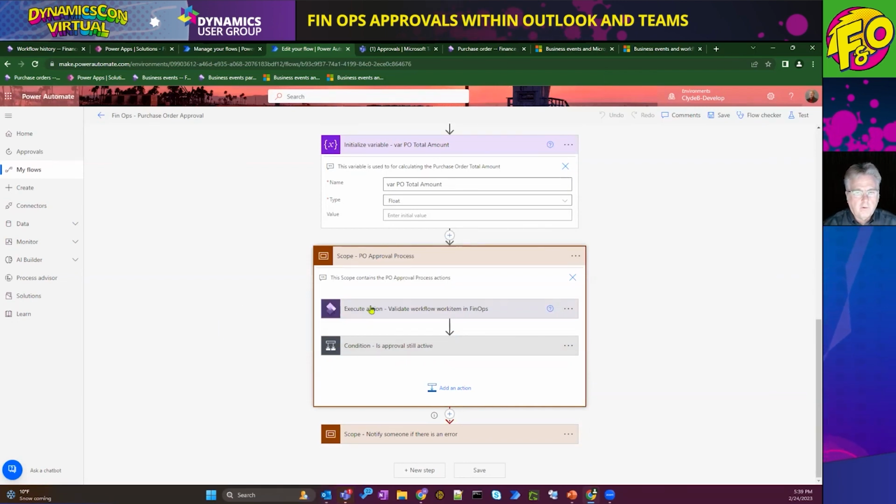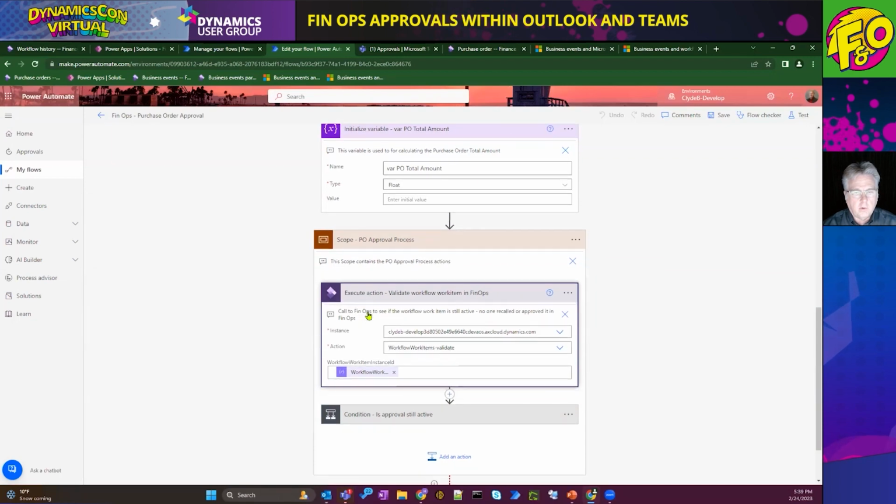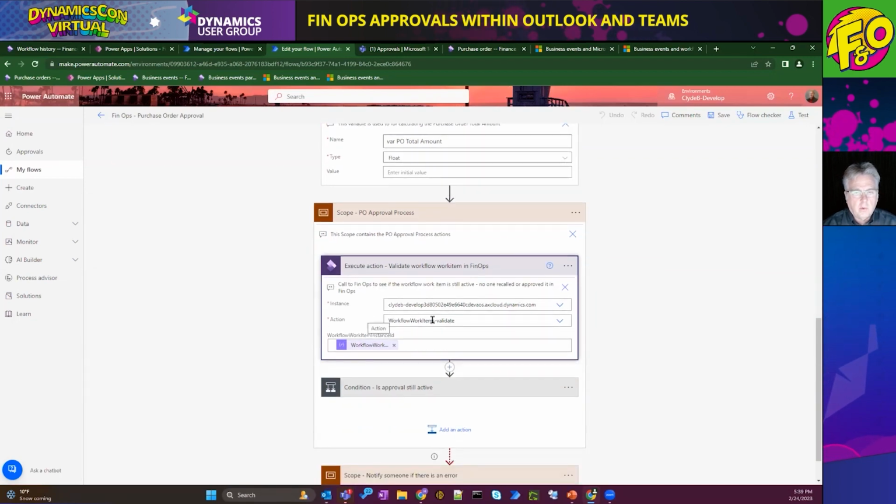The first thing to be done here, though, is another FinOps action. What we're doing here is looking at that instance and asking it to validate that that work item is still valid, and we pass it our work item instance ID. What this is doing is a double check to make sure that that purchase order approval is still waiting.